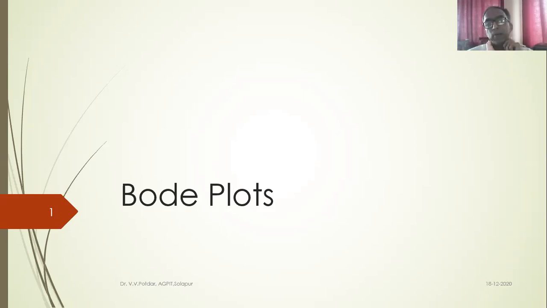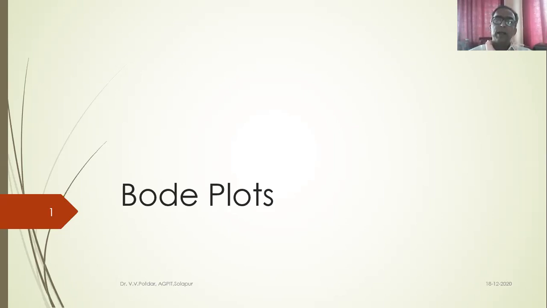Now how do I predict the performance of the system? I subject this transfer function to a variety of input functions. What is the input function here? Input is force F. I try to simulate the real life situations, and think what that physical system will actually be subjected to.